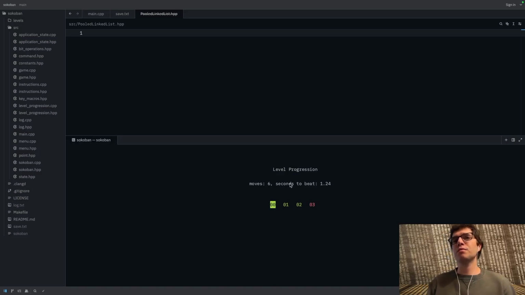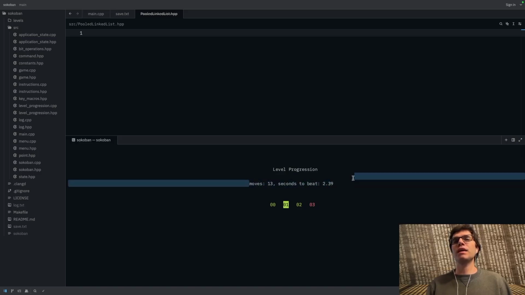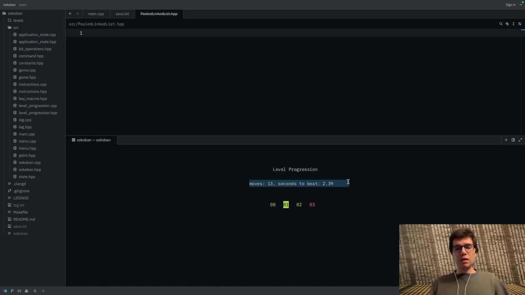we're showing the number of moves and the seconds to beat, if I do a better job, so imagine like I'm on this level, right, where it took me a ton of time to beat it and I had a ton of moves, if I go back and I can do this, right? Shouldn't there be some kind of like congratulations or something for the user to see of like they actually did better than before? But we're going to leave that for a little bit and we're going to come back to